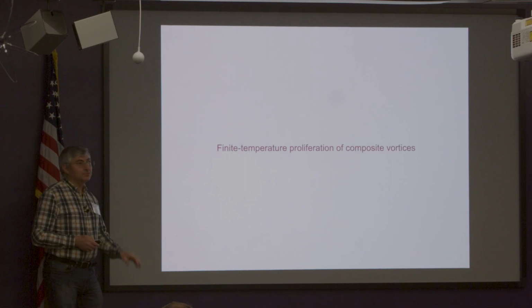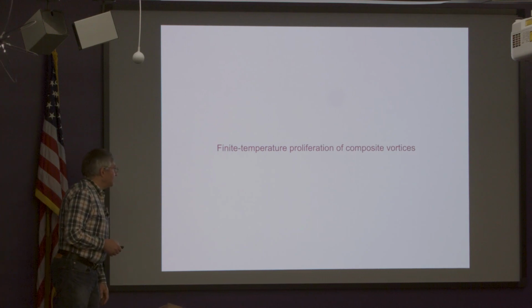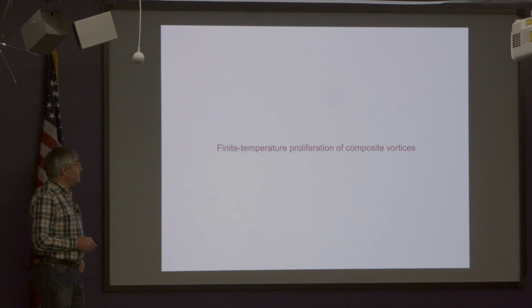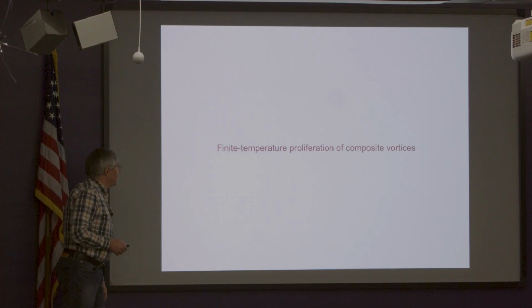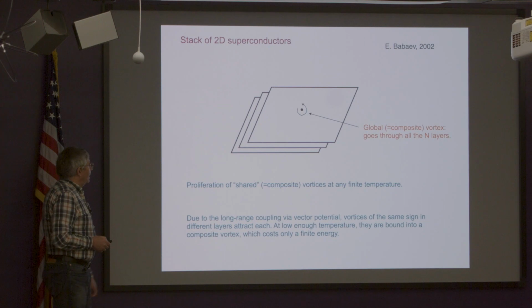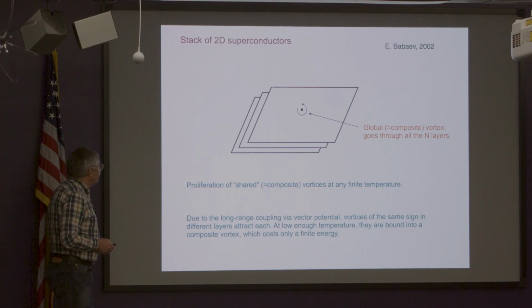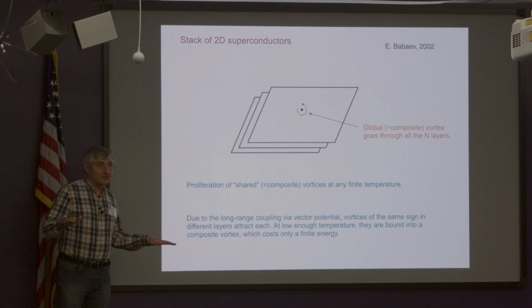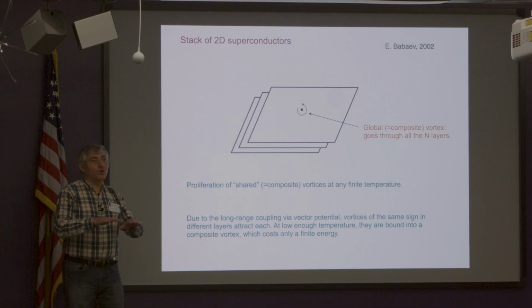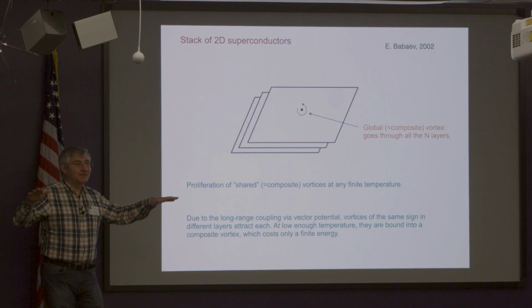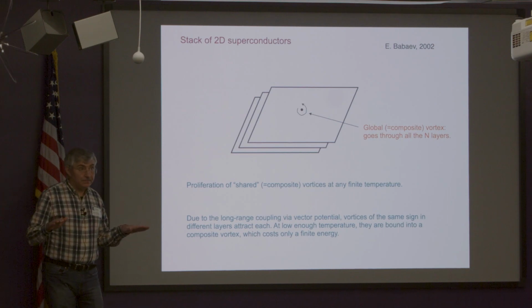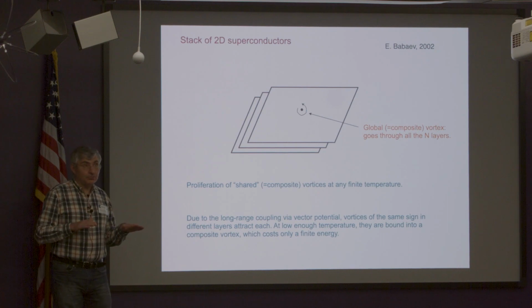An alternative mechanism, I promised to describe the mechanism proposed by Yegor Babaev, and now it's time to describe it. So we were talking of zero temperature mechanism of Mottness, but there is a finite temperature mechanism, and it's best illustrated by this idea by Yegor, dealing with a stack of two-dimensional superconductors. So I presume that you all know the academic fact that in 2D there is no superconductivity at any finite temperature because